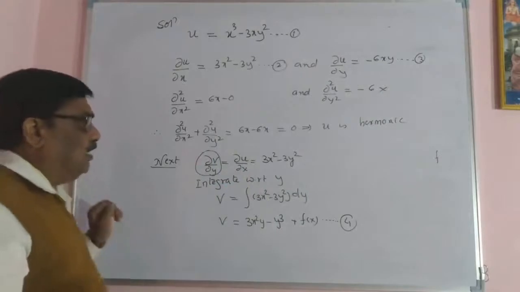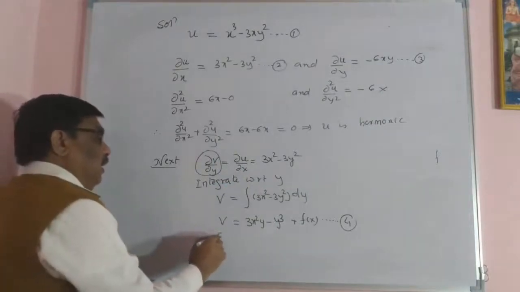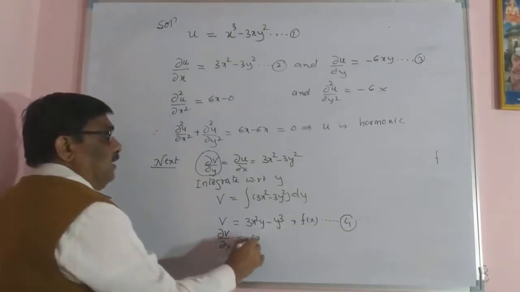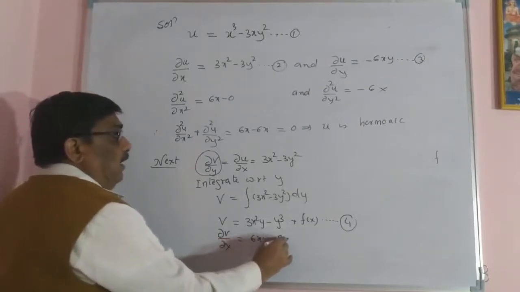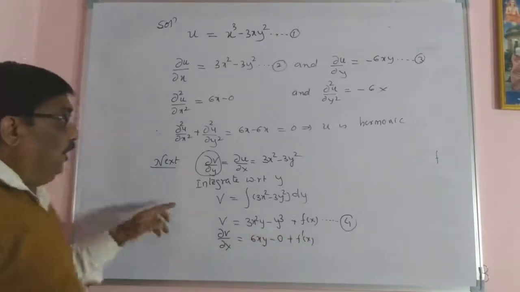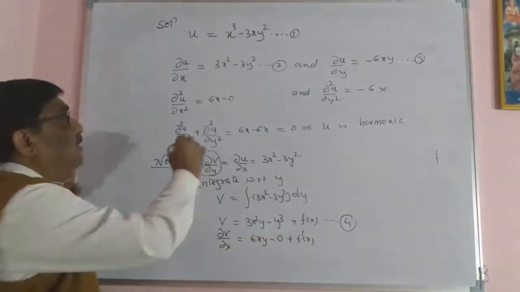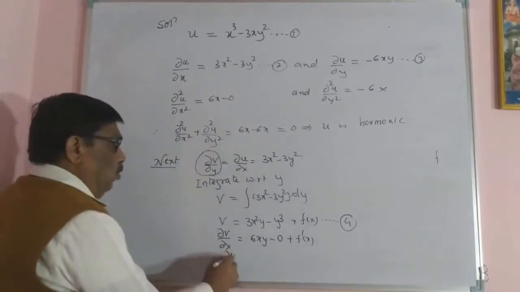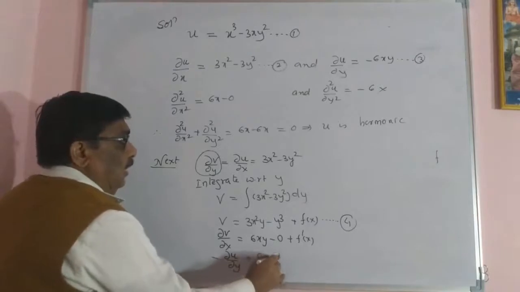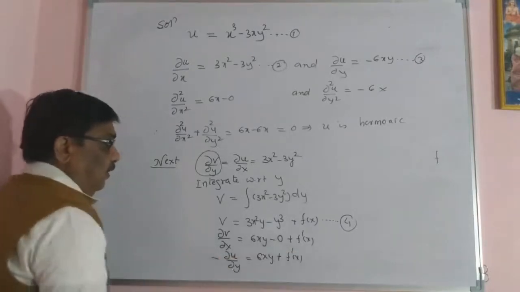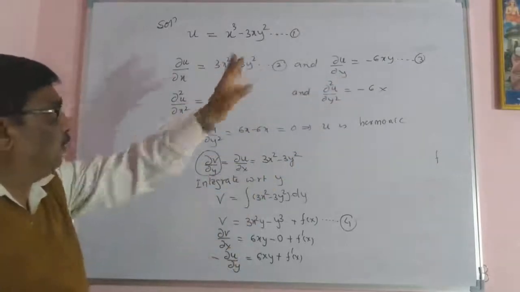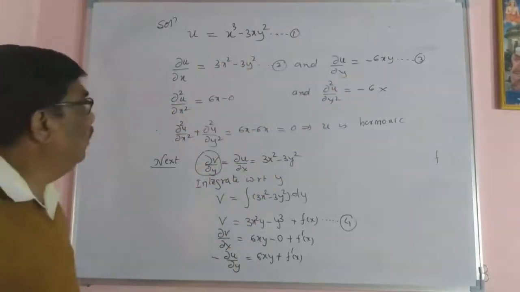Differentiate partially with respect to x. ∂v/∂x equals 6xy minus 0 plus f'(x). And ∂v/∂x, by the CR equation, is minus ∂u/∂y, which equals 6xy plus f'(x). ∂u/∂y is minus 6y, and minus of that means a plus sign, therefore it is